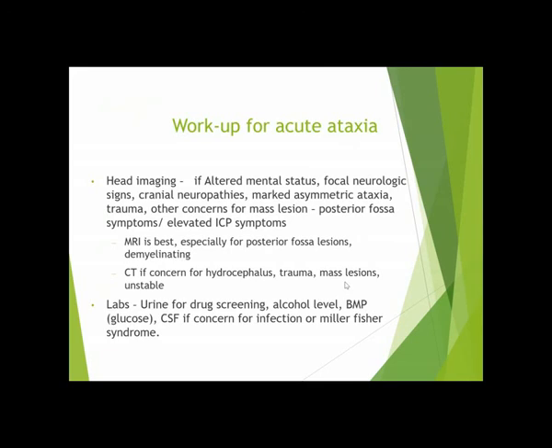They have headache, vomiting, and papilledema is present, or you may get nerve palsies like sixth nerve palsies due to raised ICP. MRI is best, especially for posterior fossa lesions and demyelination, because it's a small